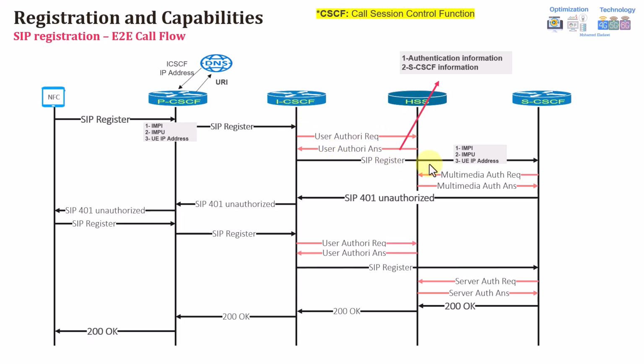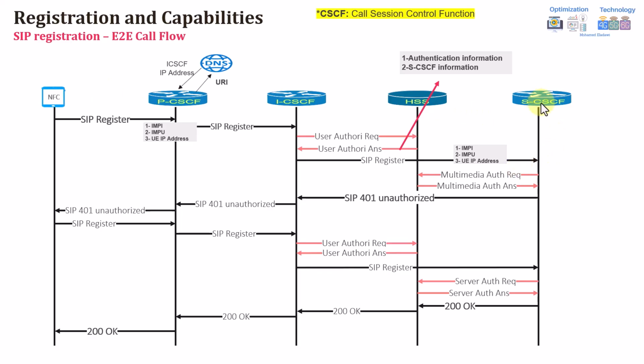So once it received the address, it will forward the same information from the ICSCF to the serving CSCF. Then the SCSCF will check whether this user is authorized to access the network or not. As you remember, and as mentioned in the previous video, one of the functions of the serving call session control function is to do the registration, or complete the registration, for the IMS for the